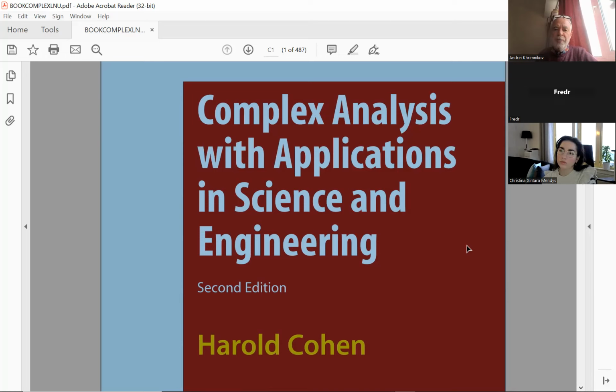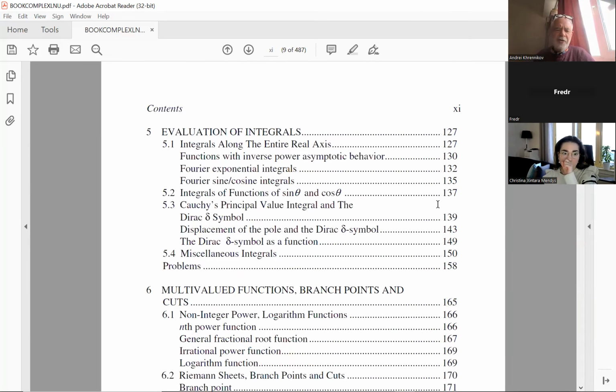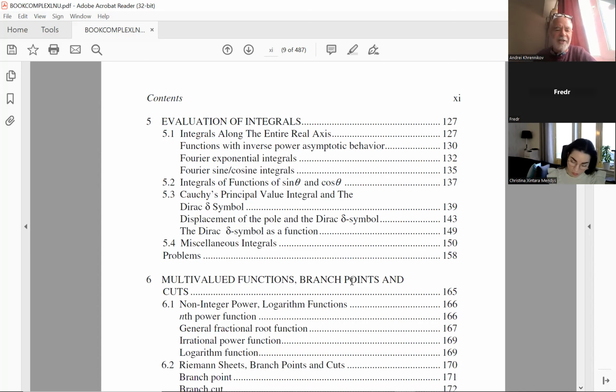Okay, so the book is Complex Analysis, and you can take it and even download it. I downloaded it to my computer from the library. What is my plan? My plan is to go through the first 5 chapters, as I told. And we stop, but maybe, if Fourier analysis is not so long, I hope I will come to chapter 6, which is the most interesting for mathematicians, on multivariate functions, but maybe not for engineers.